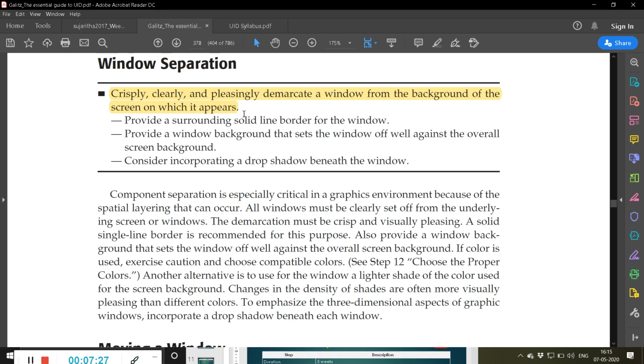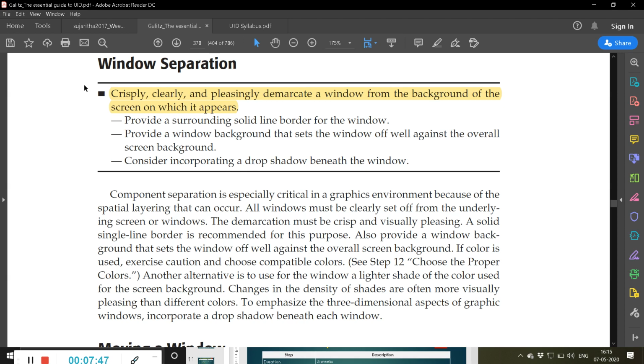Demarcate means it should be distinct, it should not just mix with the background. Provide a surrounding solid line border for the window. Provide a window background that sets the window off well against the overall screen background. Consider incorporating a drop shadow beneath the window.